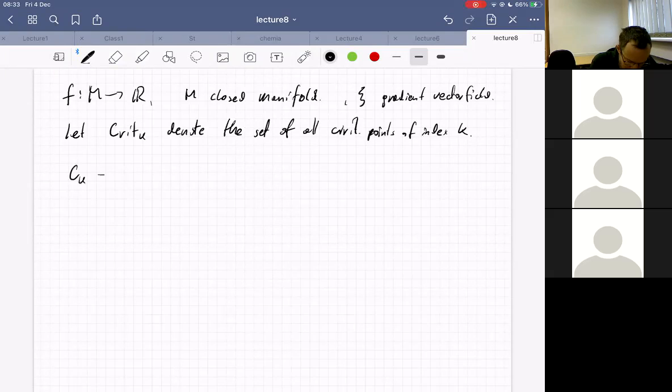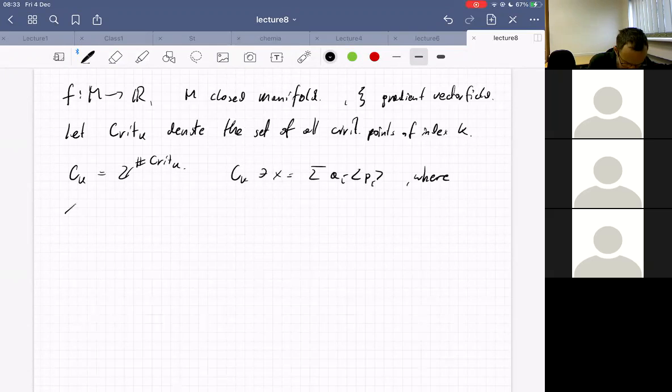Define C_k to be the free abelian group of rank Crit_k, or a vector space spanned over the set of critical points. The elements of C_k, or maybe x is a better letter, are sums of a_i classes of p_i,